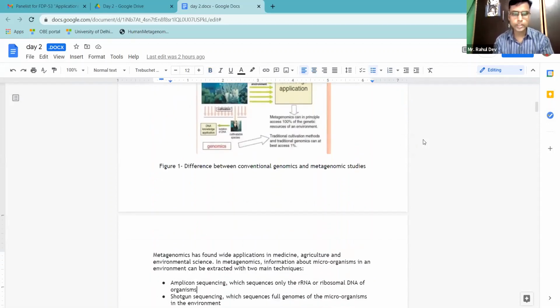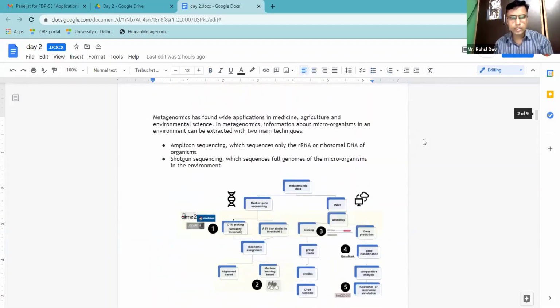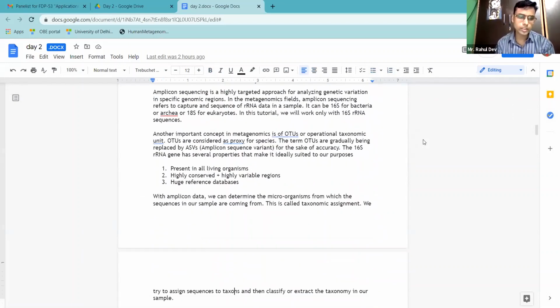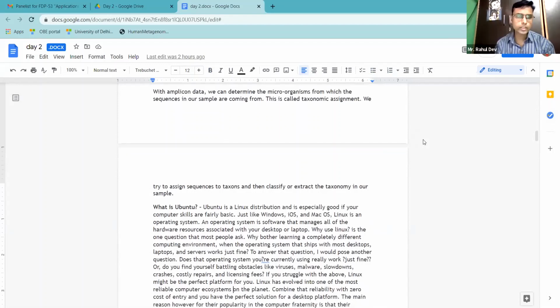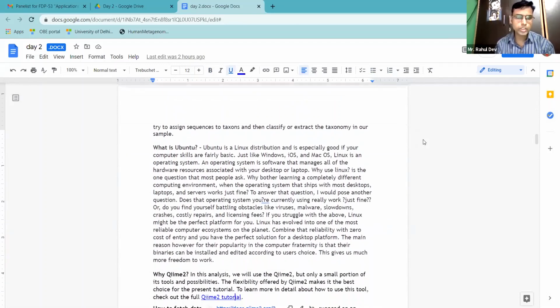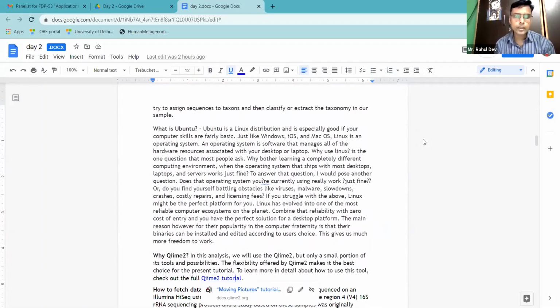Directly coming to the point of how we install QIIME. There are so many ways to run an Ubuntu system. Either I could format my system and install Ubuntu, making my system bootable. But nowadays there is a facility in Windows 10 that we can use the Ubuntu system, which is a kind of Linux operating system, as an app.